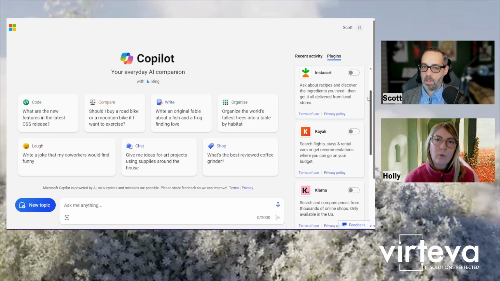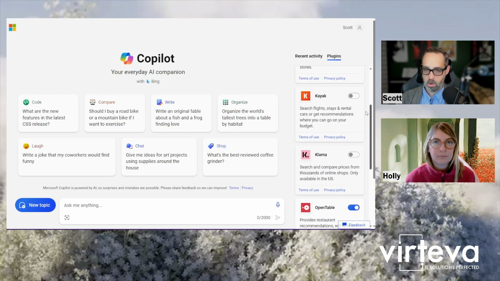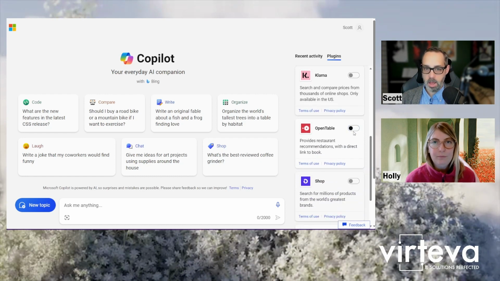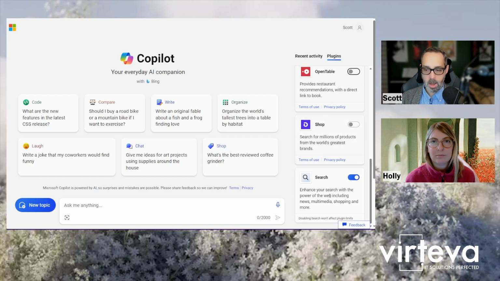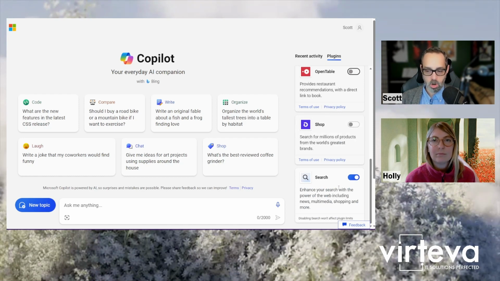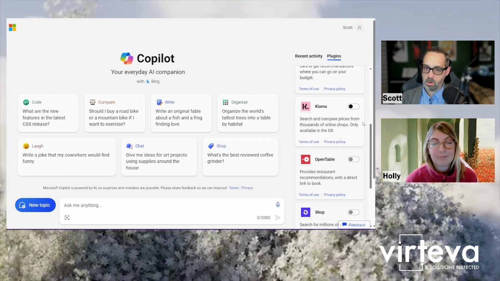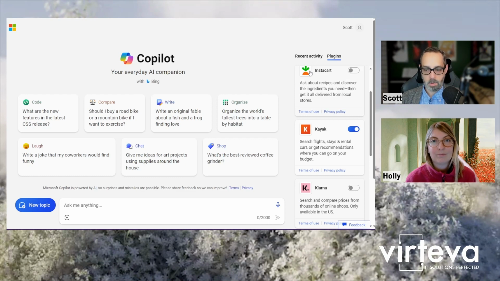So you can do Instacart, Kayak if you wanted to do flights and hotel bookings. OpenTable is one that I used the other day. I'm actually going to turn that off for right now. And then shop.com, and then just general search, which is what it's using behind the scenes right now. So if I turn on, let's see, kayak.com as a plugin, and then I say, I need to book